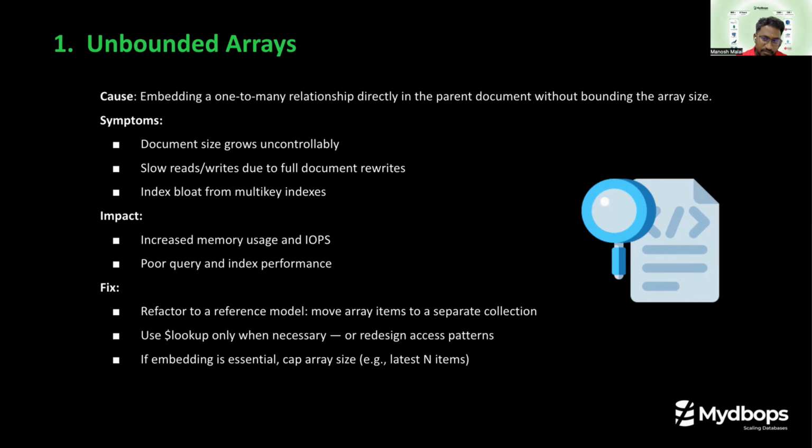Unbound array. An unbound array is a common mistake we see in development, where there is no limit on growth in the embedded document or even in the array itself. It looks conventional early on, but it turns into a performance time bomb. Why I'm exaggerating this so much is